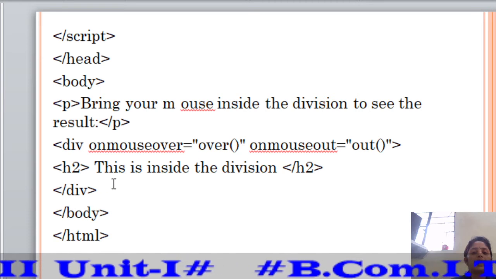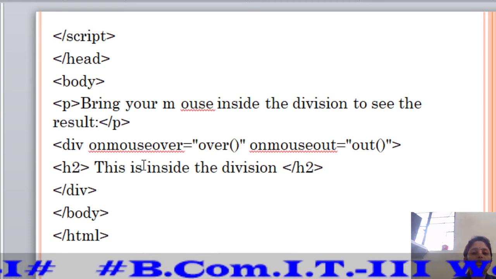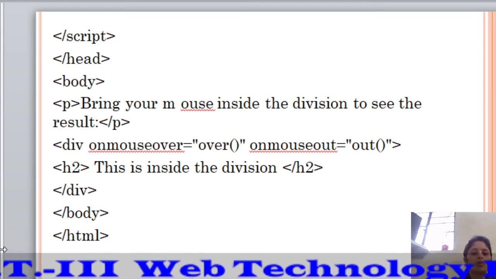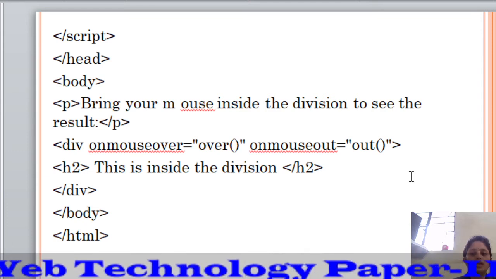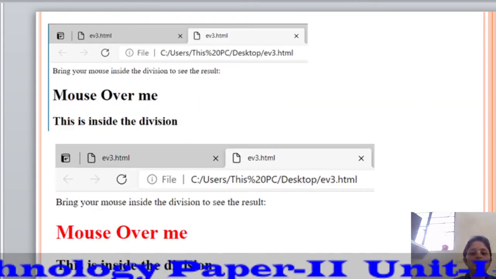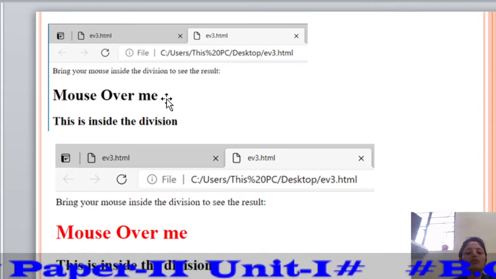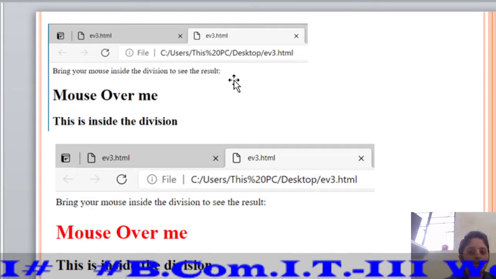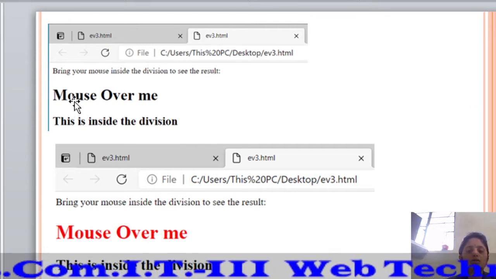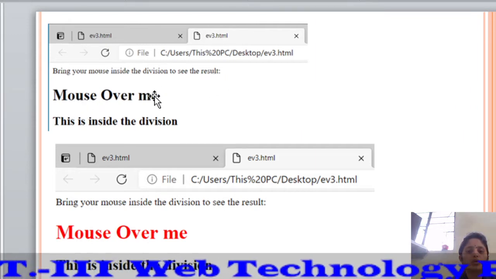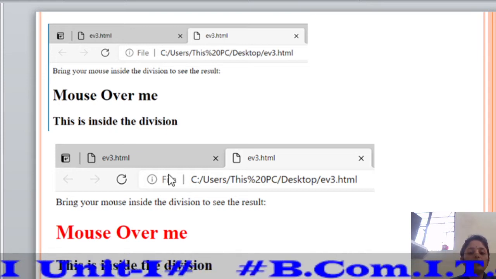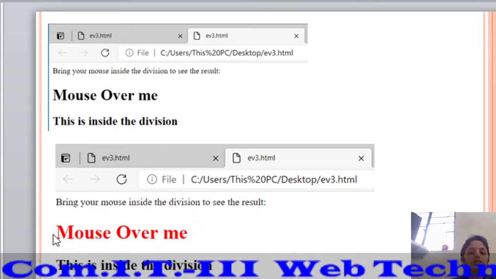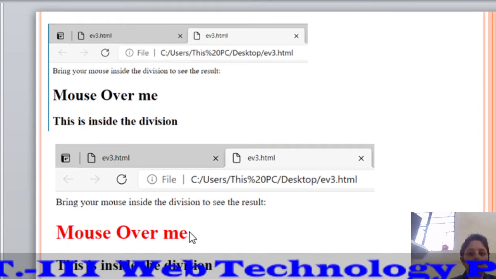Tag h2, this is inside the division, end of the tag h2, end of the division, end of the body, end of the HTML. Let's see the output for this program. First you see "bring your mouse inside the division to see the result." After that you see two lines, "mouse over me" and "this is inside." Then you get the effect that the mouse over me sentence has a red color,